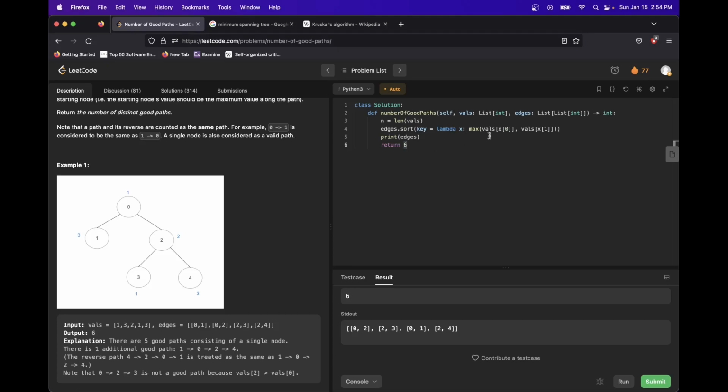It relates to this because that's very similar to what we can do if we sort the edges by the maximum value. What we can say is connect node 0 and connect node 2. These both have a value of 1. Or I'm sorry, they have a value of 1 and 2. That's the smallest possible connection we can make